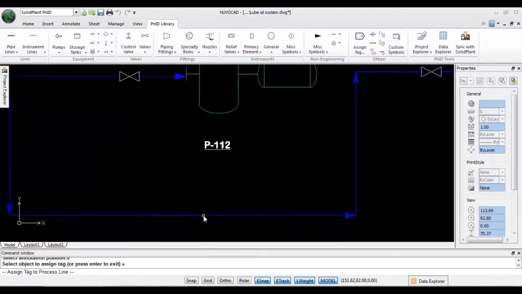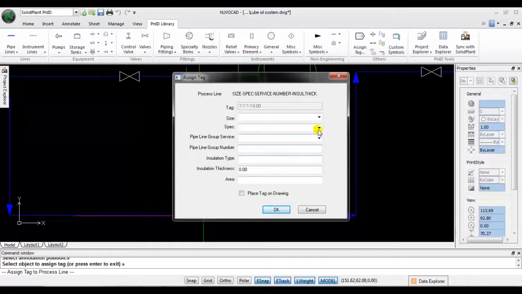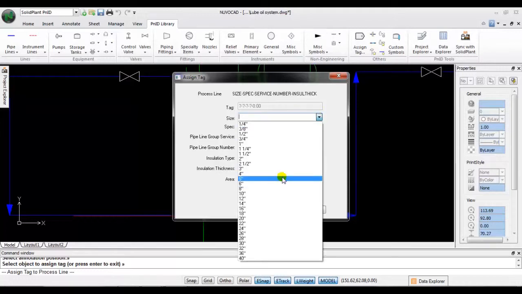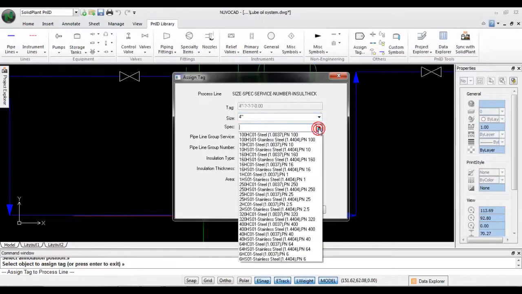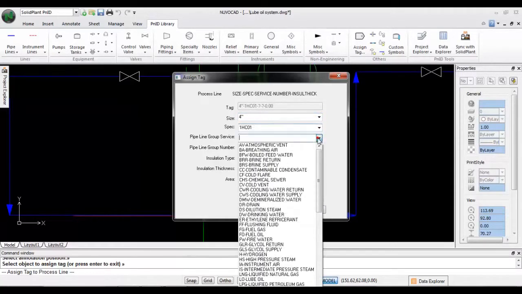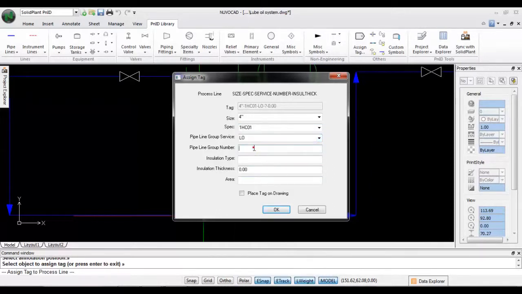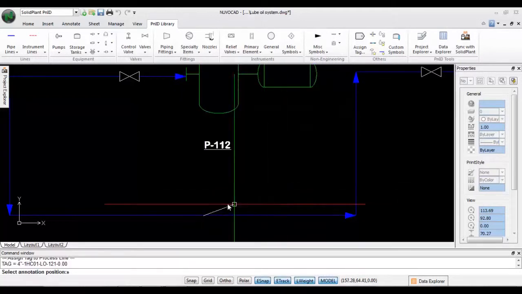When you assign a tag to the process line, as you see, you will get an assign tag dialog box with all the tabs, which is size. Let's go with 4-inch and spec and service. Right now we are creating a lube oil line, so I select lube oil and number, assign tag,